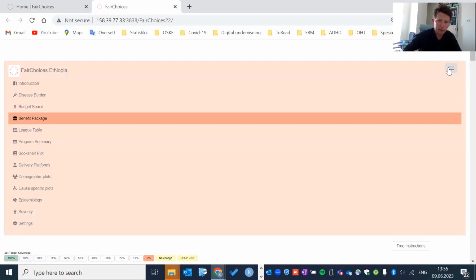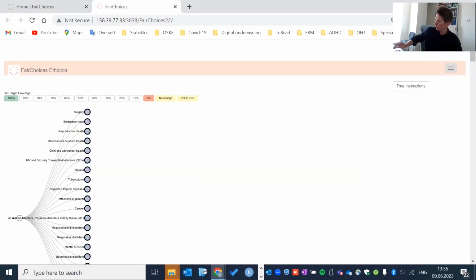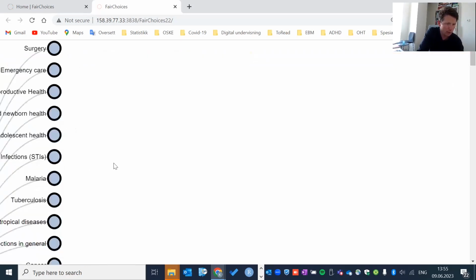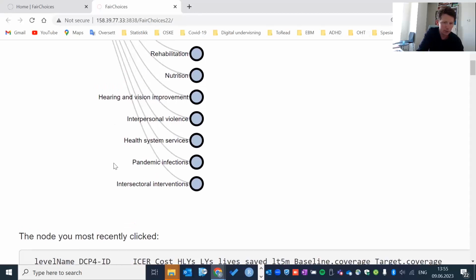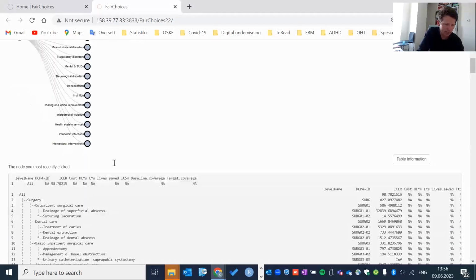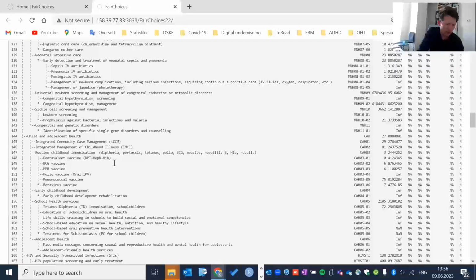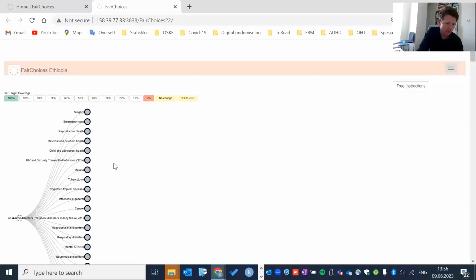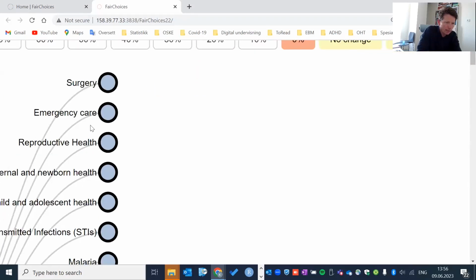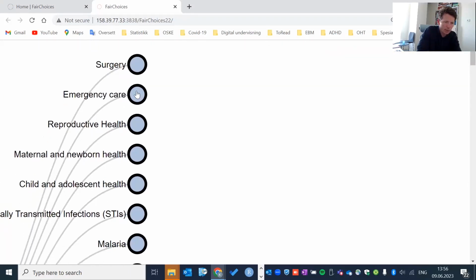If we then move to the benefit package, you can see that we have a tree where we can visualize all the interventions, and we have around 20 clusters of interventions. You can see all interventions are listed in the table below. We have almost 500 interventions in the analysis, but we only analyze around 400 of these, I would say, for now. But if we then look at the details on how this is structured, so if you click emergency care,